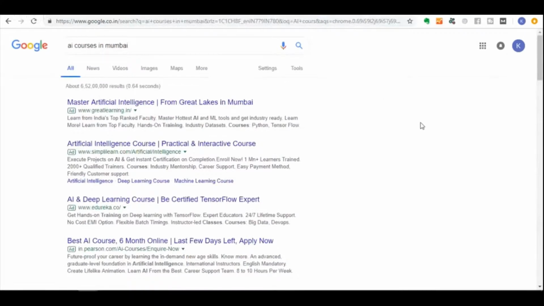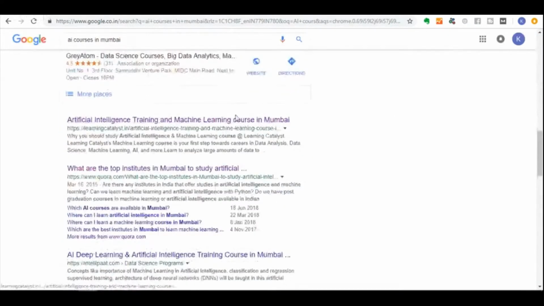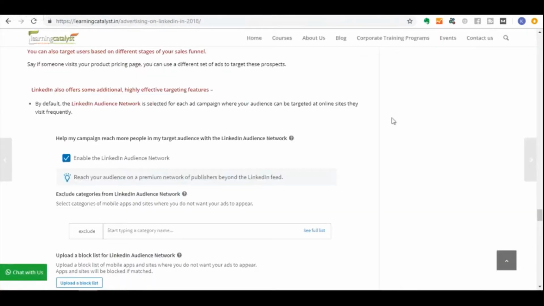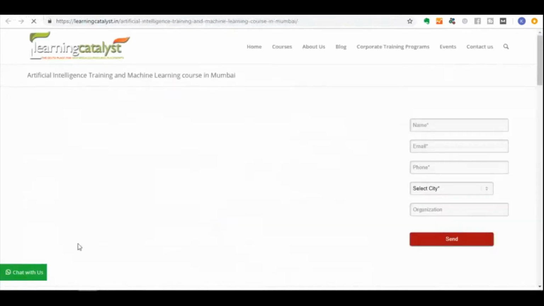Let's take another education related example: artificial intelligence or AI courses in Mumbai. The top ranking website is a Learning Catalyst website, and if you go to the website, I'll just open that here. You will see that,